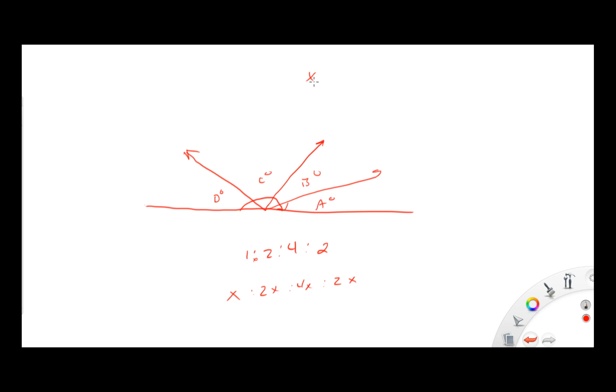So we can say x plus 2x plus 4x plus 2x equals 180 degrees. Add up our x's. Well, 2 plus 4 is 6, plus 4 is 8. And then we have plus 1 is 9x equals 180. We divide by 9. We divide by 9. X is going to equal